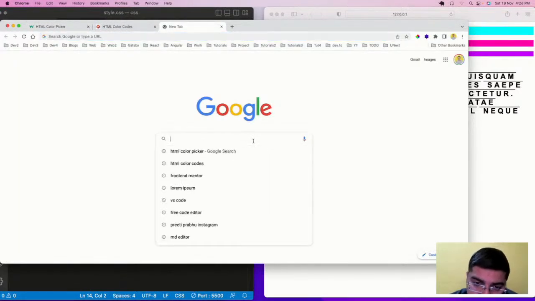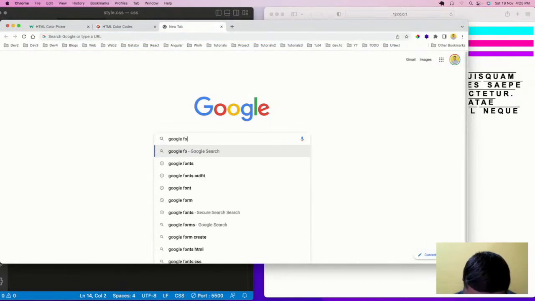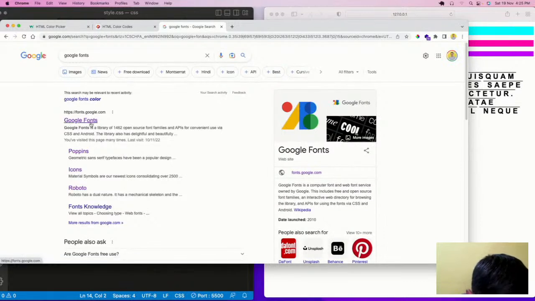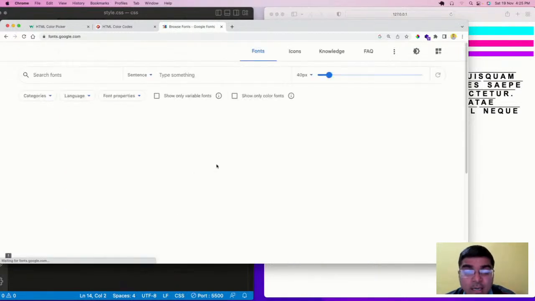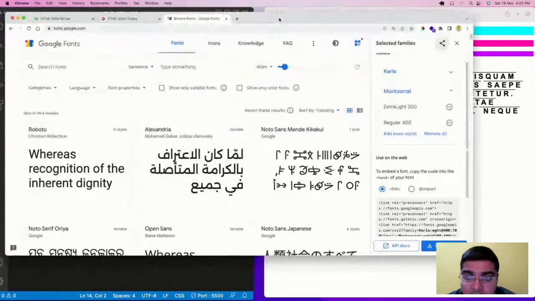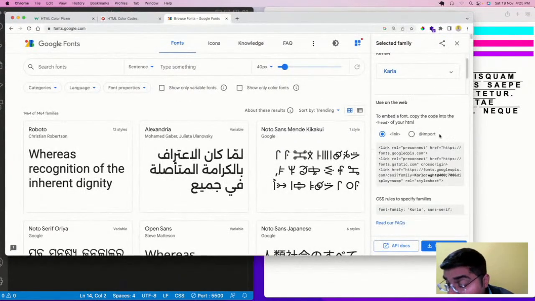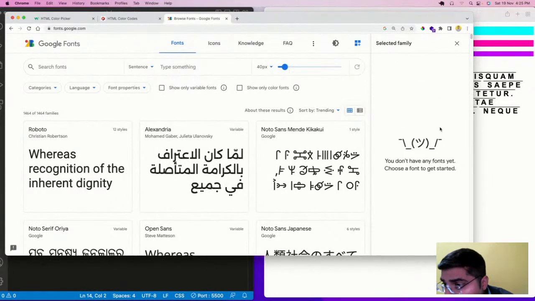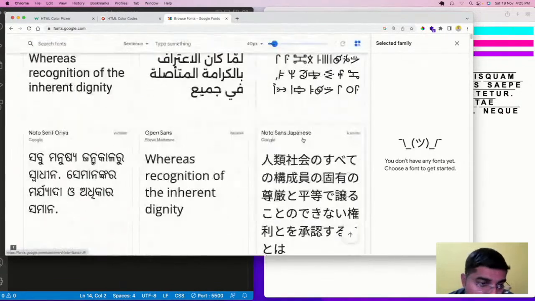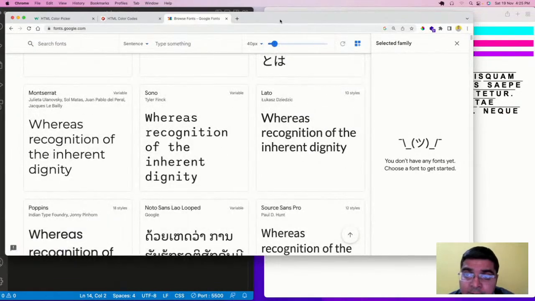Now, these days, Google fonts have also come into practice because Google is now in each and every part of our life, and for this reason, Google has created Google Fonts also.